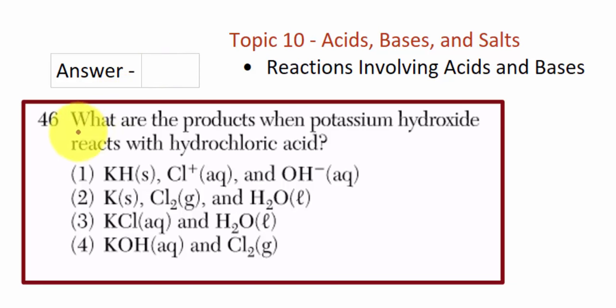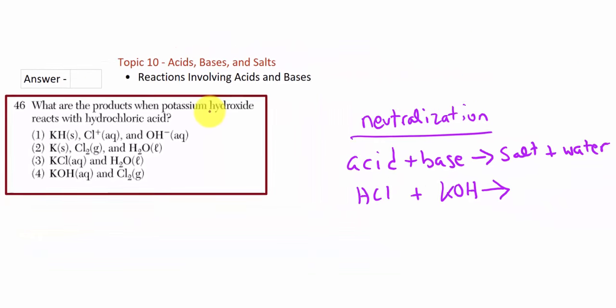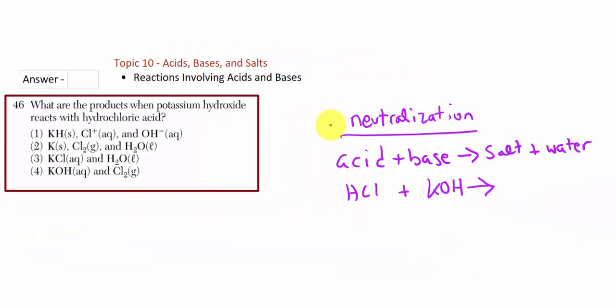Question 46. What are the products when potassium hydroxide reacts with hydrochloric acid? What's being described here is a typical neutralization reaction. A neutralization reaction involves acids being added to bases to produce salt and water. In this case, since our acid is hydrochloric acid and the base is potassium hydroxide, we know we're going to get the water